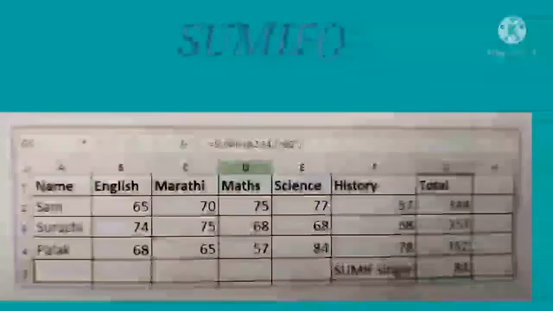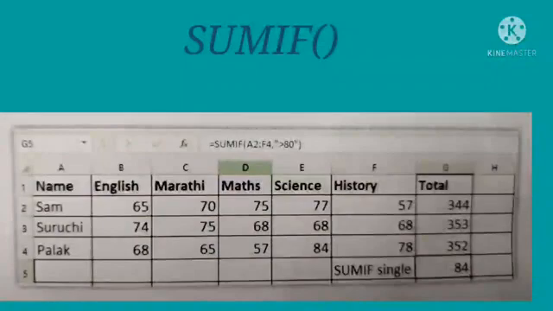To get the total of values based on some condition, the SUMIF function is used. Here, students, we can give the condition. Formula: equal to SUMIF, left bracket, cell range, condition and then close the right bracket.